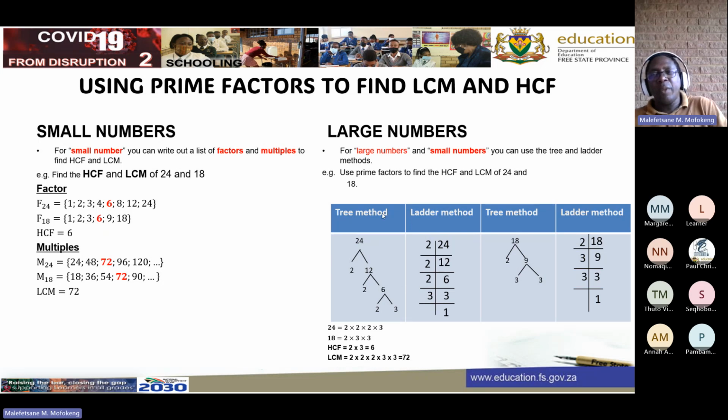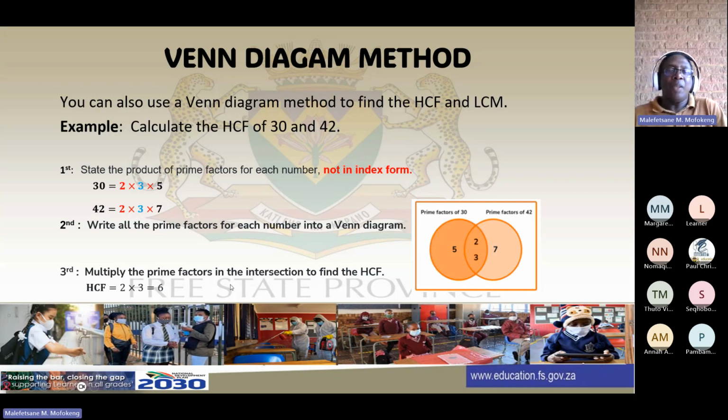We have used two methods there, with those two numbers being small numbers. You can also use, as I indicated, a tree diagram or a ladder method, and also a factors method and the multiples method. You can also use a Venn diagram method to find the highest common factor and the lowest common multiple. For example, if you want to find the highest common factor of 30 and 42, number one, state